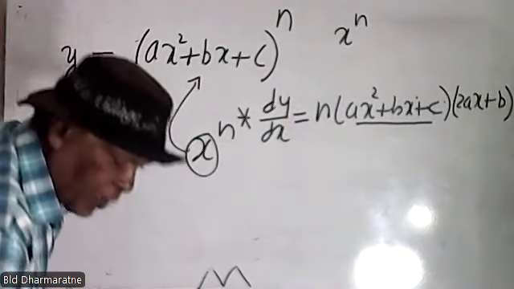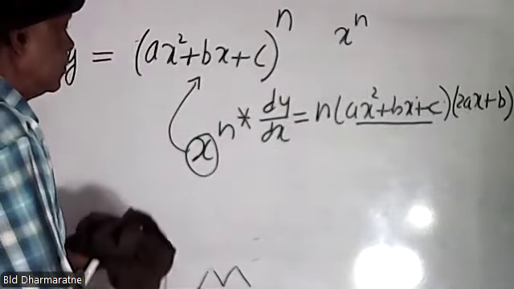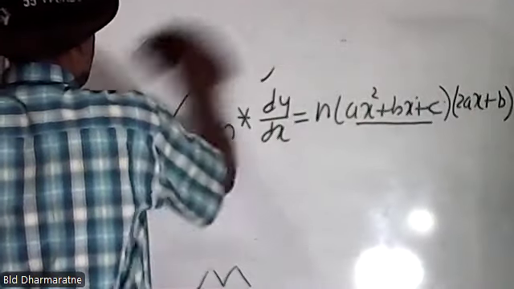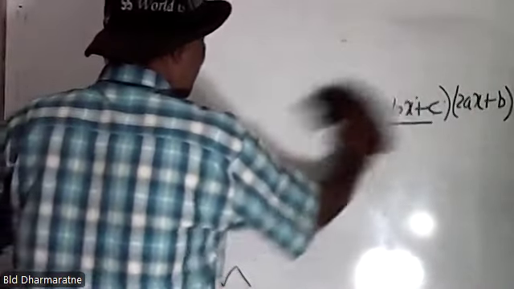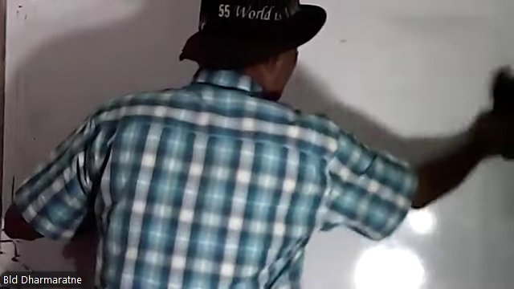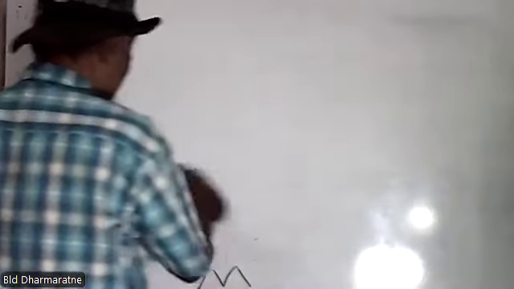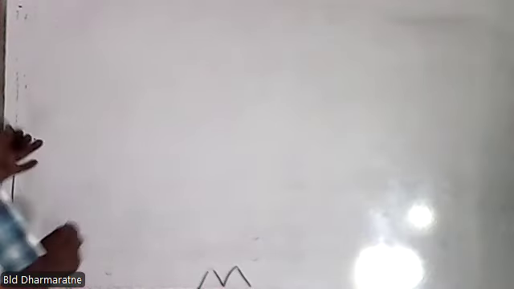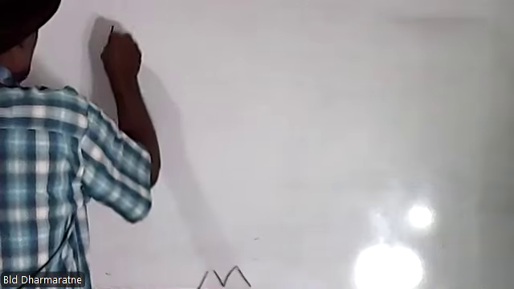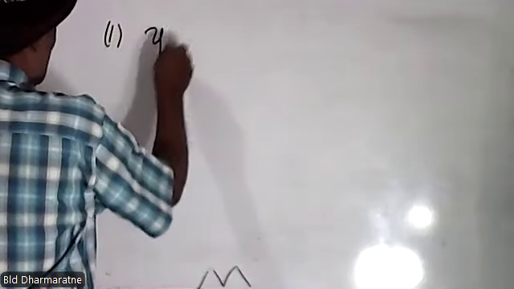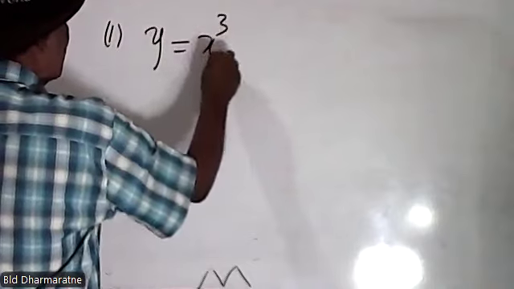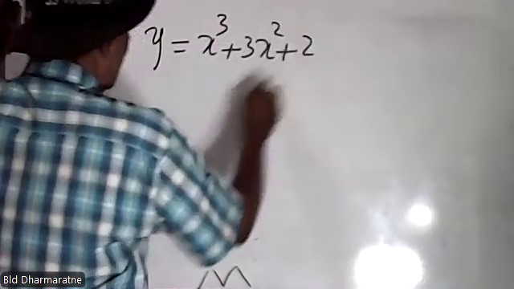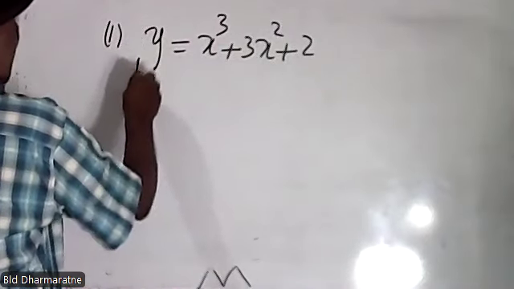Some explanations, we are taking some sums to do using the algebraic function. Now we are given: differentiate the following function. Normally it is given like this, differentiate the following function. This is question number one. y equals x cubed plus 3x squared plus 2. What is dy by dx? dy by dx equals